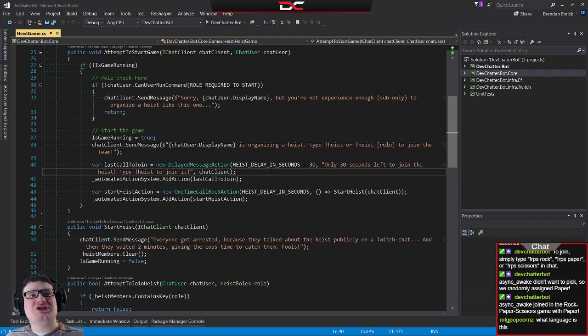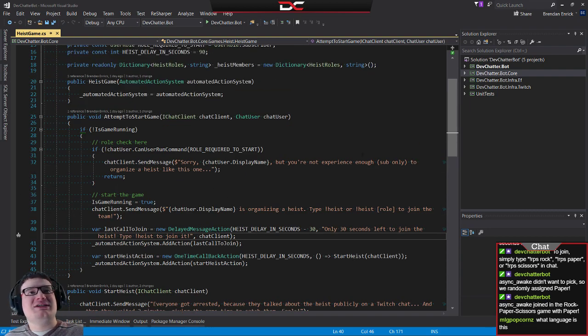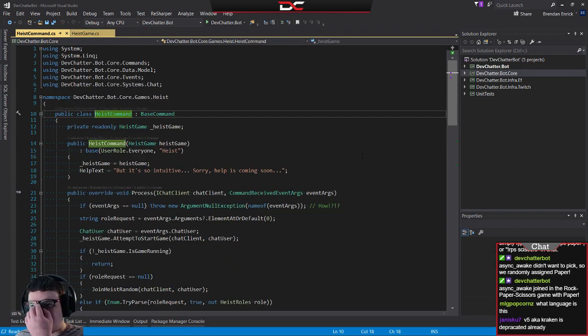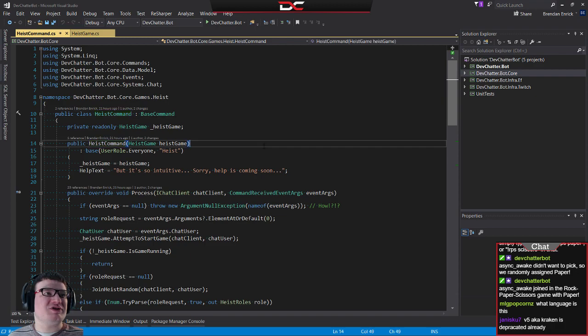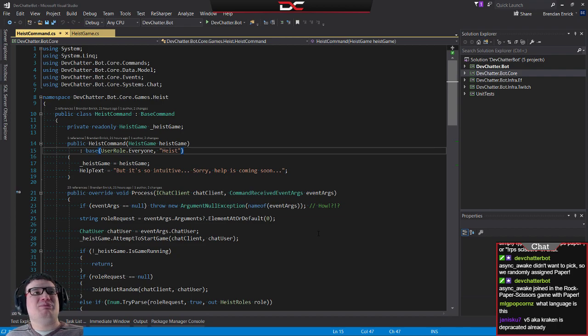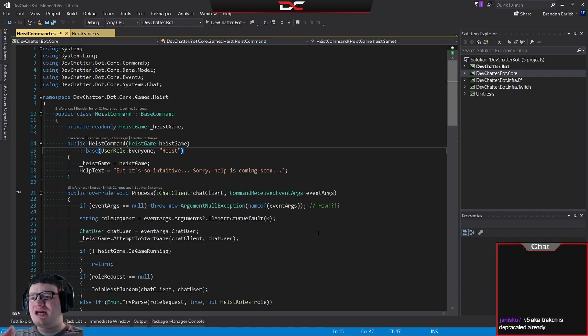So this language is C#, and most of what you're seeing on the screen is some content from the Heist game that we're building. So we're going to continue on our Heist game Wheelspin. And the way that this is going to work is, essentially, we take in a set of commands, and the command object is basically the way that people in chat interact with